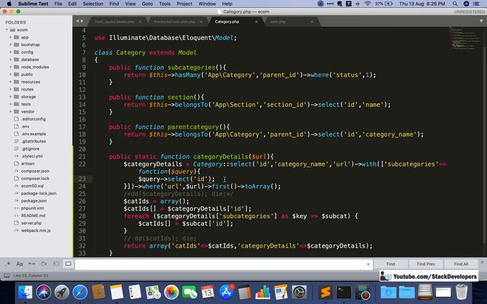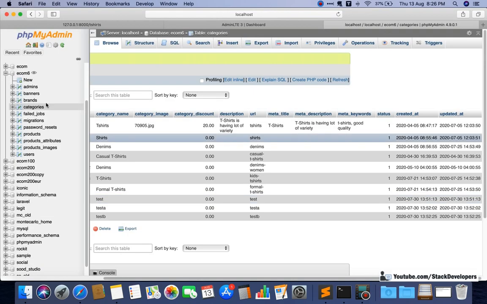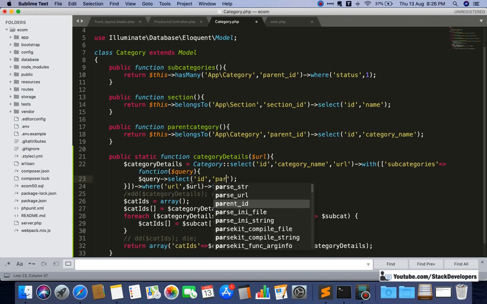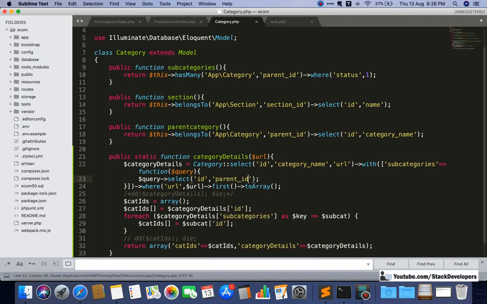So I think I will first check. I think I also require the parent ID. Let me see the categories here once. The parent ID is also required, because we need to match with the parent ID as well.